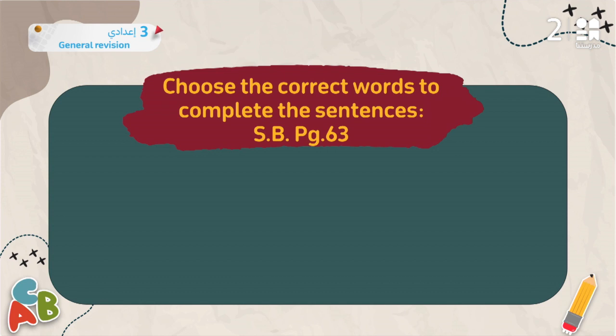This is our first general revision. The objectives are we're going to have a general revision on units 4, 5 and 6. طيب هنفتح الستودنتس بوك page 63 هنلاقي review B. هنبدأ نحل مع بعض exercises من review B وفي هنا extra exercises هنحلها مع بعض. Choose the correct words to complete the sentences.